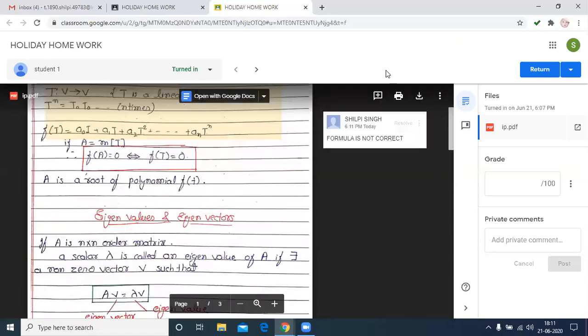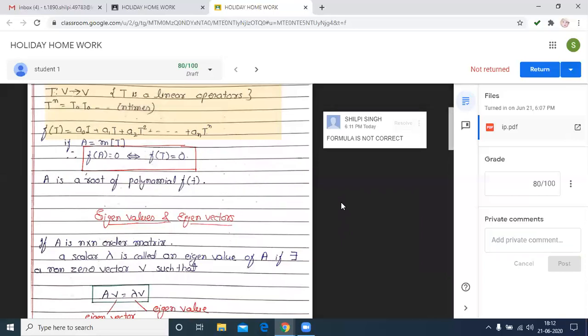Okay. Then we give the comments. Then after this, we have to give the grade. I give the grade. If we want to give some other comment on the overall assignment or holiday homework, then we can also give it here. Then the assignment or holiday homework is checked.